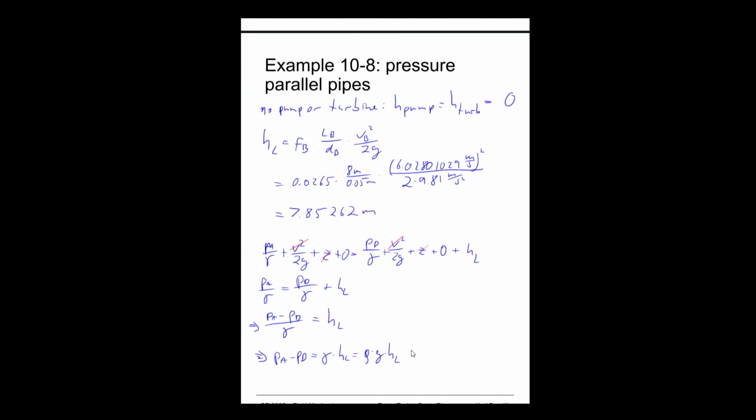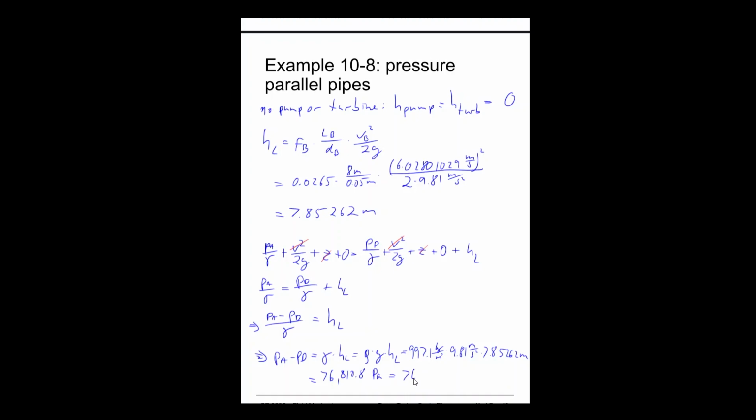If we look up the density, 997.1 kilograms per cubic meter times 9.81 meters per second squared, and then HL we calculated 7.85262 meters. That gives me 76,810.8 pascals,